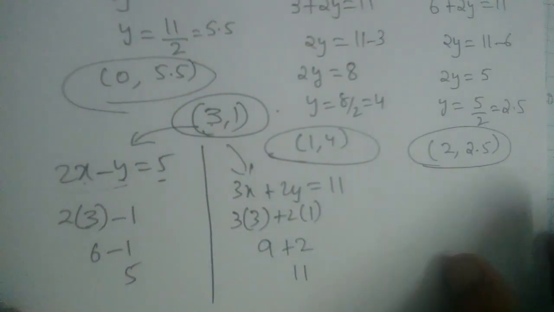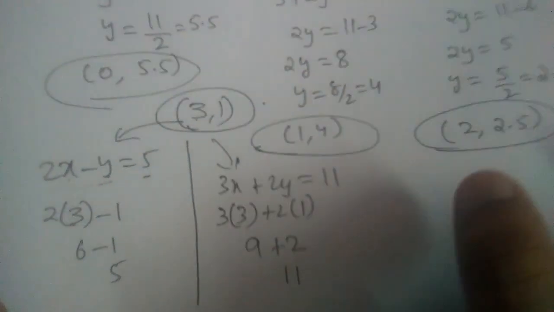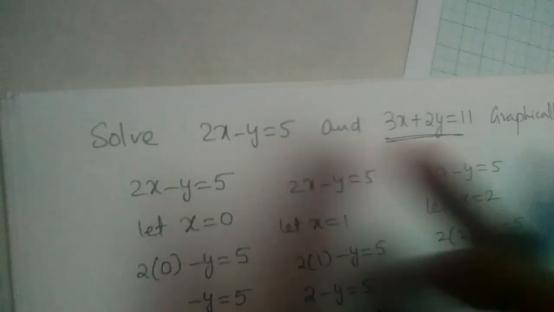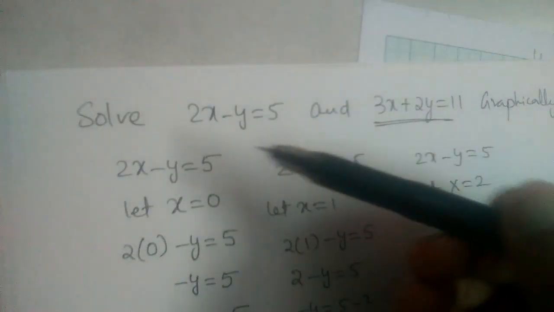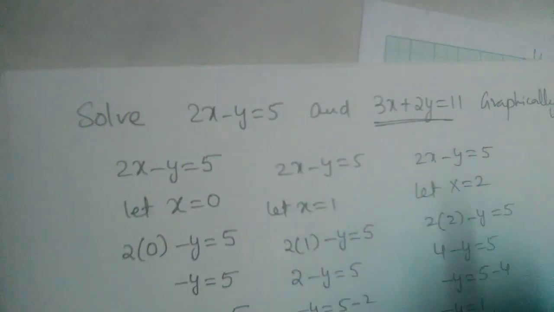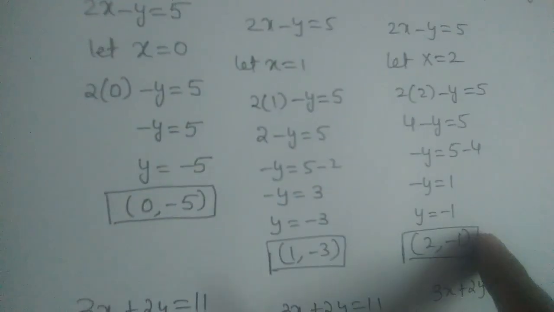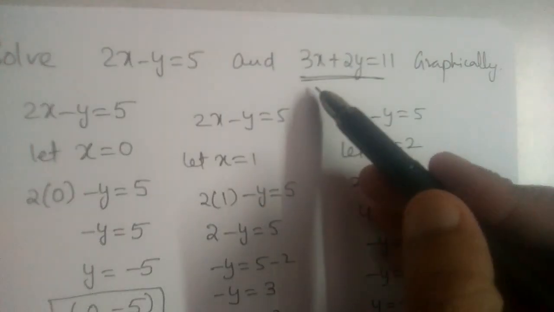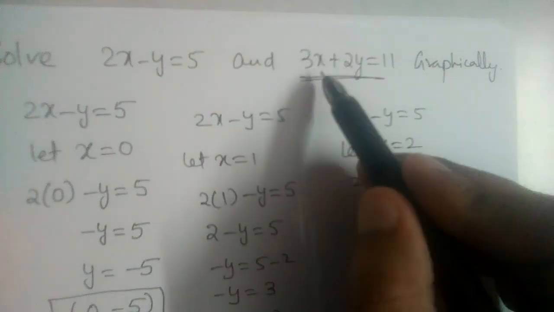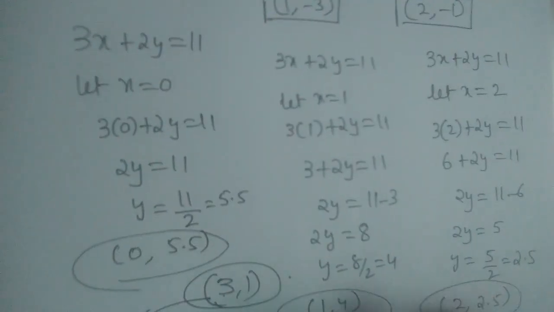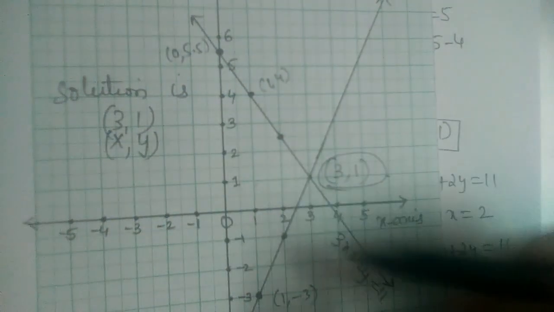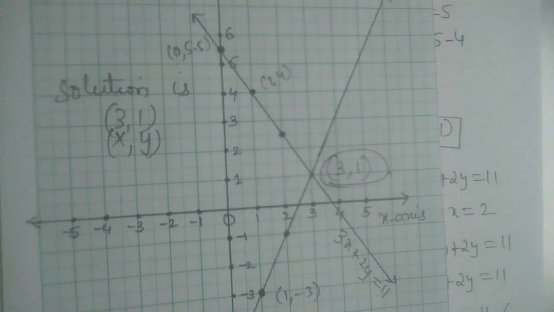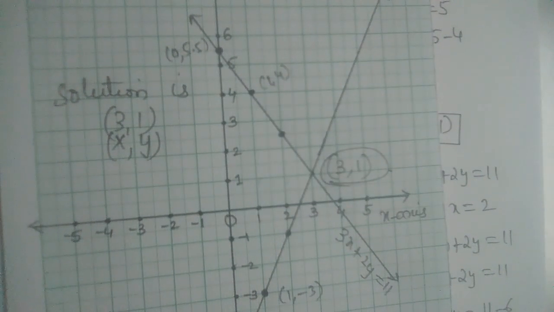All right. So this is how we should solve graphically when two linear equations in two variables are given. This is the procedure. Okay, we should substitute different values of x or y and then get 3 points and plot the graph. Okay, and after that we should solve for the other equation, substitute different values of x or y and get 3 more points and plot the graph. The point where these two lines are intersecting, that will be our solution. Okay, I hope you understood this.